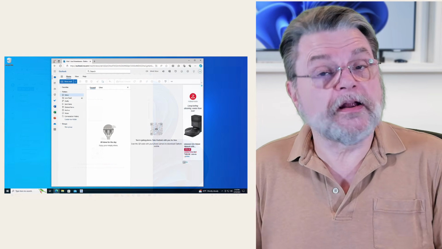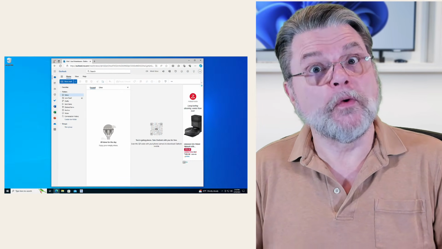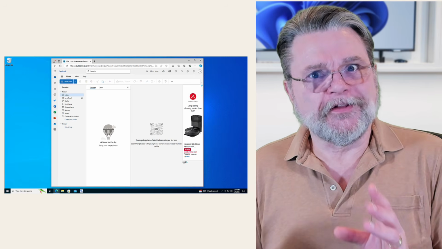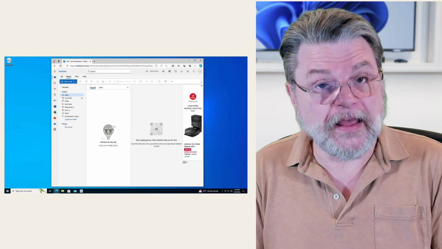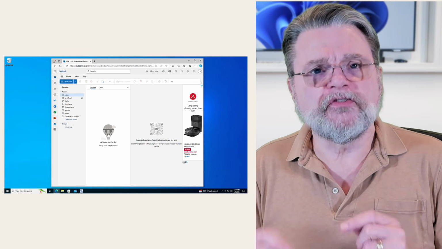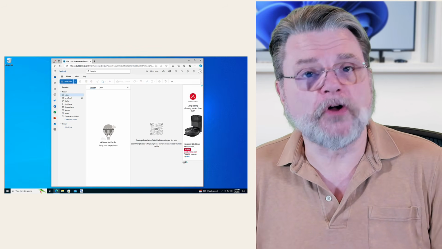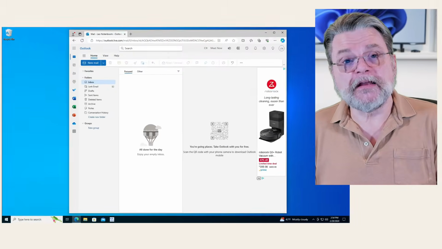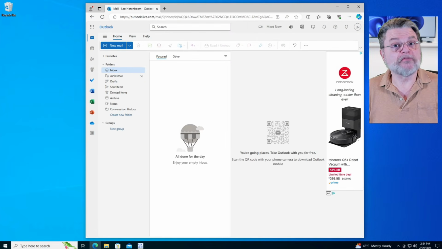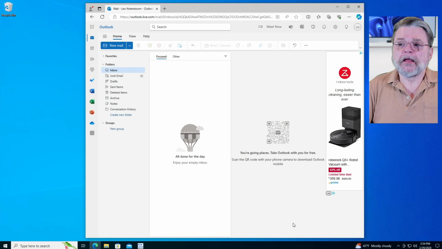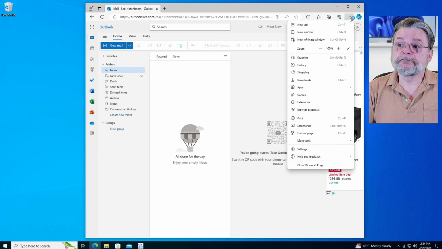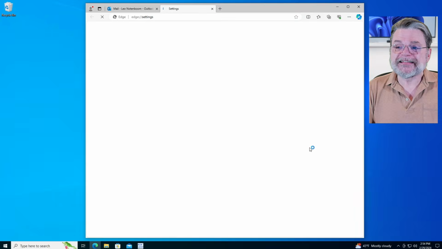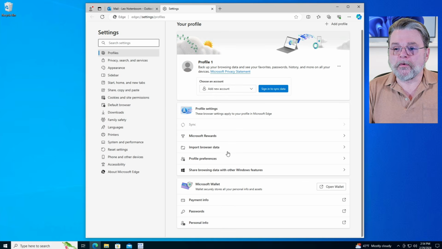So you've probably noticed that I've switched to a different computer with a different browser. It's Windows 10. That's not important. What's important here is that I'm running Edge, but this time there is no password manager installed on this machine. That means that Edge is responsible for any password saving. So what can we see? If we go to the triple dots, the ellipses in the upper right, click on that, click on Settings, scroll down and click on